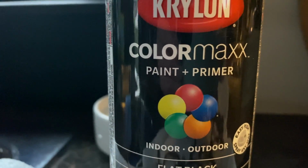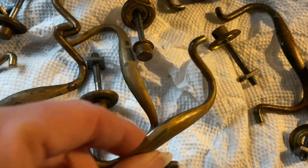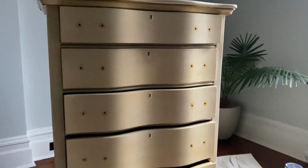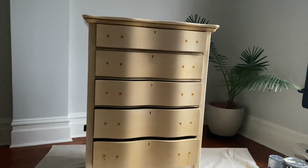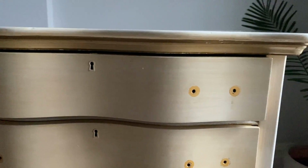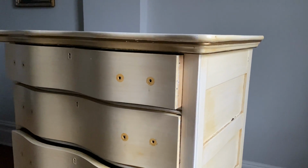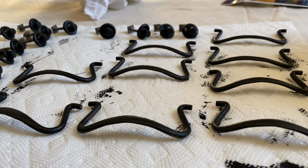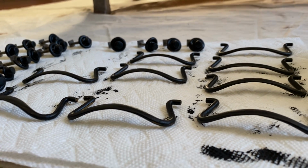So this is a paint and primer in one. In some cases with the hardware, it's sometimes advised to use a very fine grit sandpaper and give it a little bit of a sanding before you apply the paint. All my furniture pieces that I do for a makeover, I always wash with degreaser dish soap and give it a really good cleaning inside and out. And sometimes even oven cleaner is your best solution because of the condition the furniture piece that you found might be in. So I applied 2 coats of the paint and primer in the flat matte finish, and I'll let